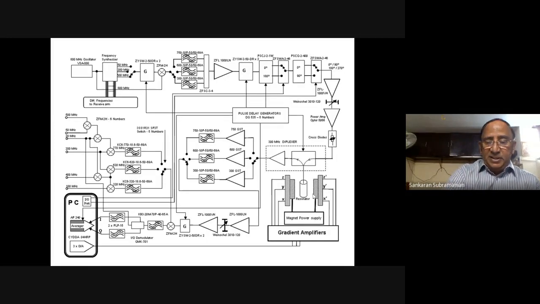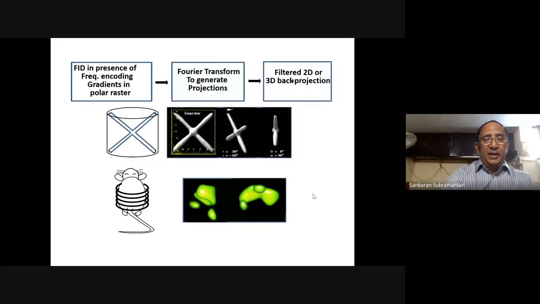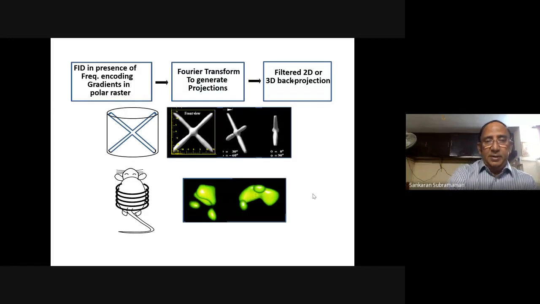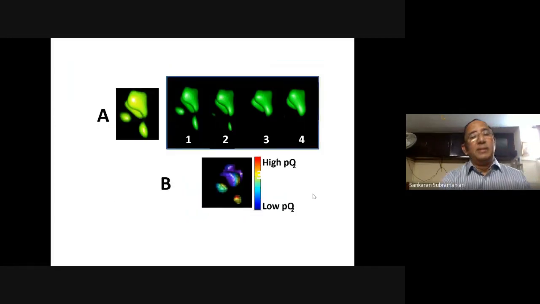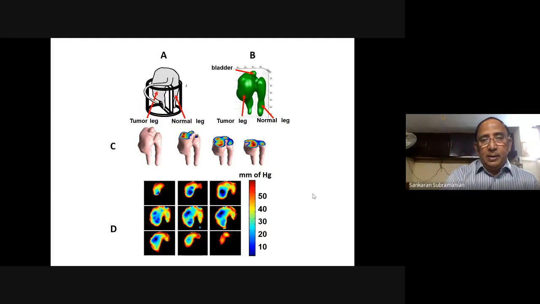When you do this, of course, the instrument that we constructed, what you see here is the image of a liver of a mouse and the two kidneys. And you can also look at this image as a function of relaxation delay, and you can find out from the relaxation time that the liver is highly hypoxic while the kidney is highly oxygenated. And here you can see the animal sitting inside a coil, and tail vein cannulation is done with a trityl radical. After doing a three-dimensional imaging using phase encoding, it is possible to slice millimeter slices and look at the oxygen heterogeneity in tumor.